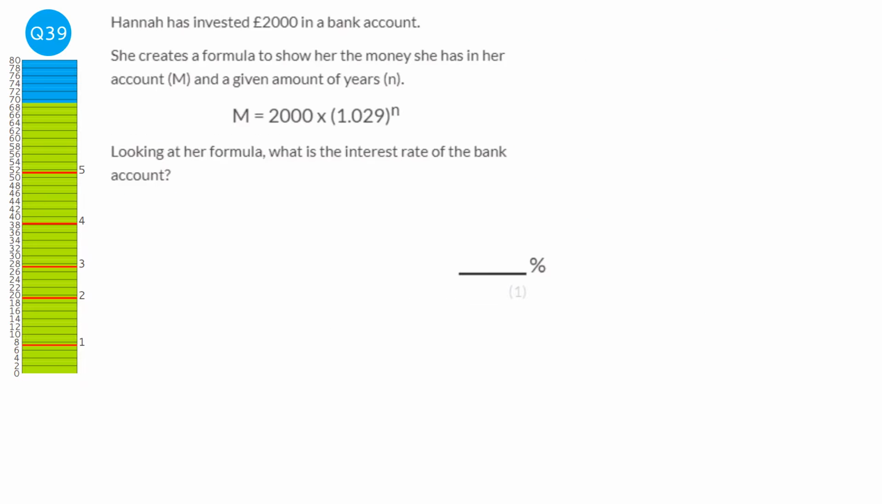So the way this formula works is we have m, which is the final amount. The 2000 here is our initial amount. The decimal in here is our multiplier, and the power here is the amount of years. So the way multipliers work is they are the percentage divided by 100. So if we go the other way and times it by 100 to make it back into a percentage,